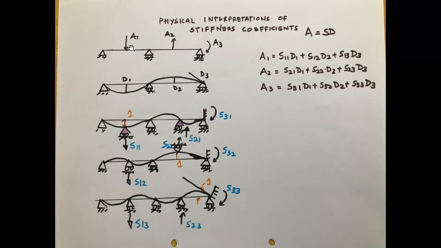But these forces, A1, A2, A3, will generate, A1 alone will generate D1 and D2 and D3, all three. But when we are writing our stiffness equations, we are going to relate the corresponding vectors, that is A1, A2, A3 and D1, D2, D3. That is how we have to write our equations, because it should be suitable for writing in matrix form also.